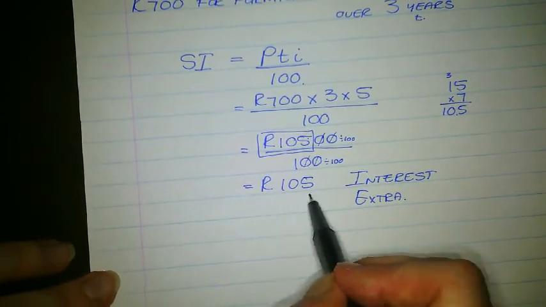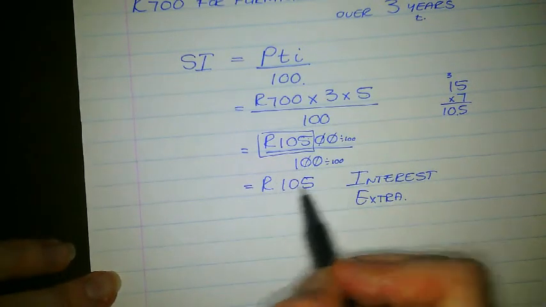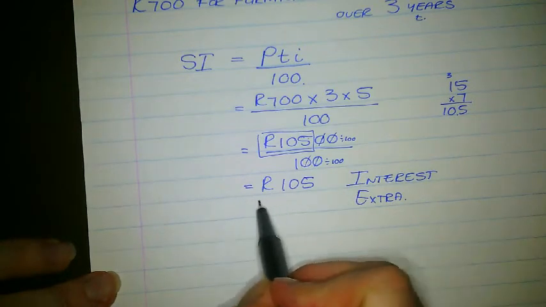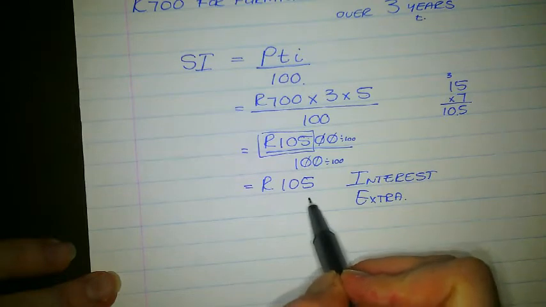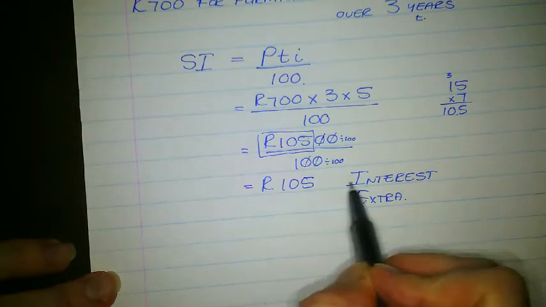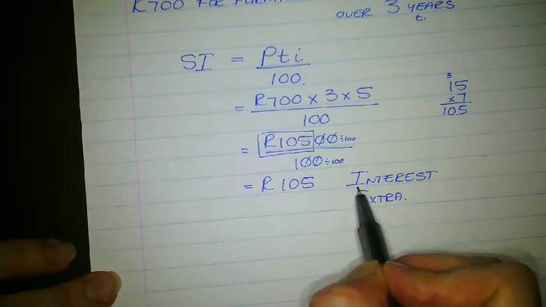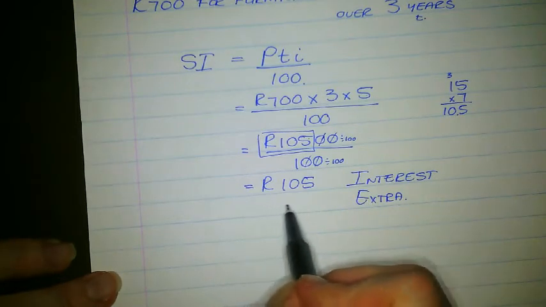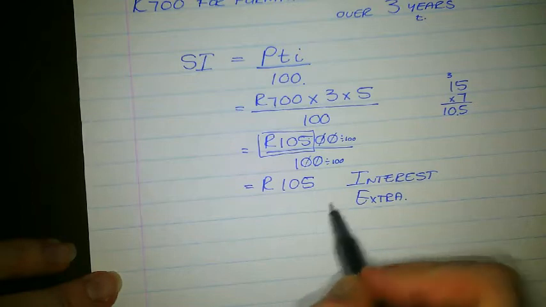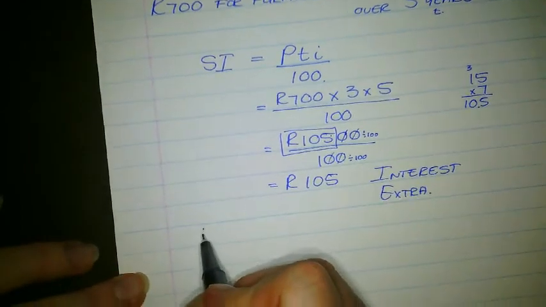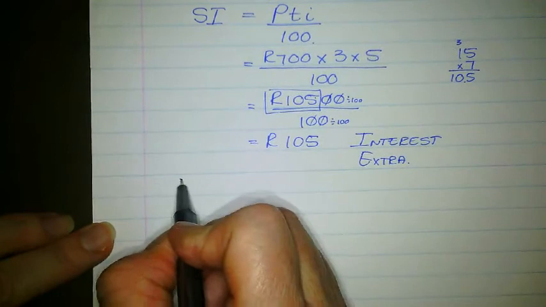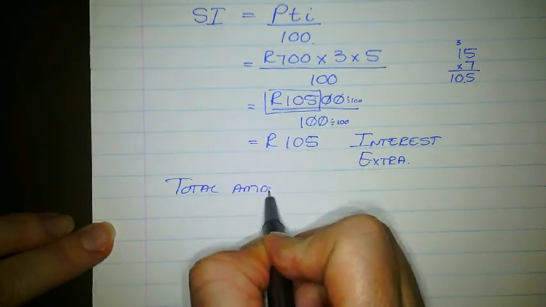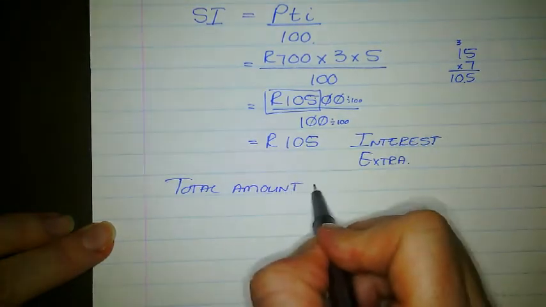Okay, so now just watch out for your questions in your test, for example. In this case, this is not where your calculation is going to stop. This is only the calculation for the interest. But they can also go further and ask you, what is the total amount that you have to pay back? So that means if you have to calculate, I can just show you here, the total amount